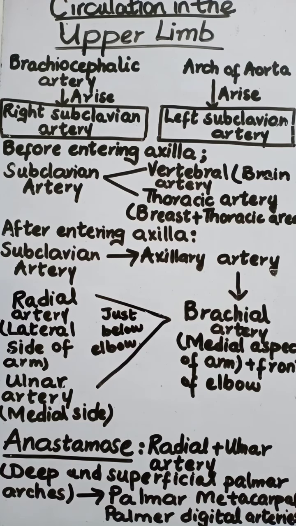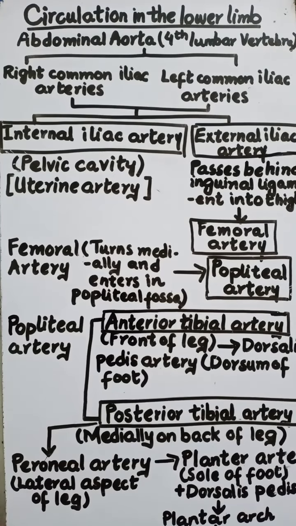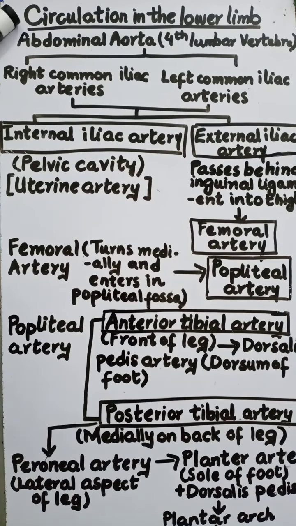So this is all about circulation in upper limb, which starts from the level of right and left subclavian artery and then ends at the level of palmar metacarpal and palmar digital artery, which supply blood to hands and fingers. Now I will discuss with you circulation in lower limb, which is done through right and left common iliac